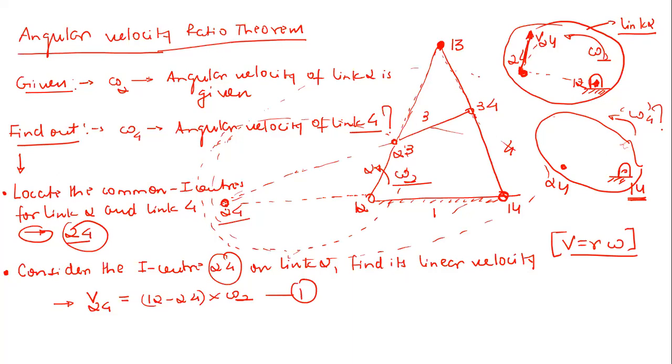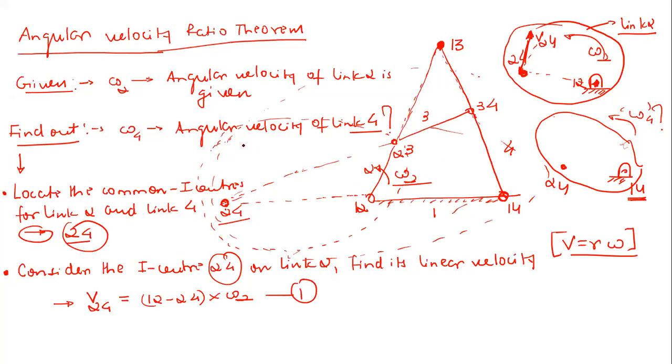And if you remember in the last session we discussed that the relative motion between link 2 and link 4, or you can say the relative velocity between link 2 and link 4, at this point is going to reduce to 0, right? So I am just saying the relative velocity, but always remember that there will always be some absolute velocity of this point 24, right? So there will be no motion between link 2 and 4. That means that either you consider point 24 on link 2 or on link 4, it is going to move with the same velocity, right?